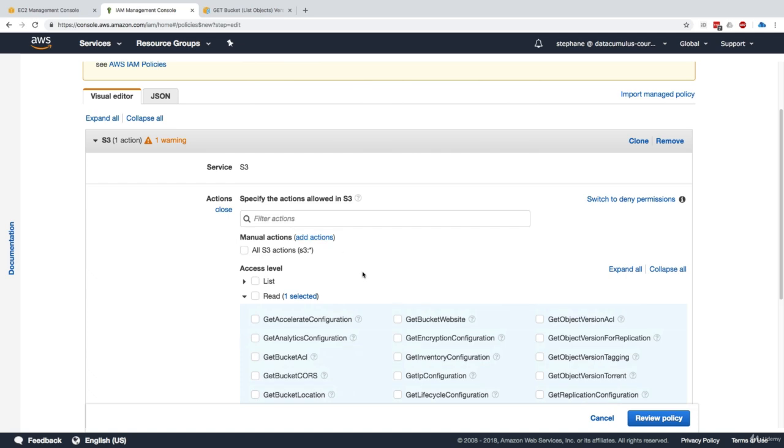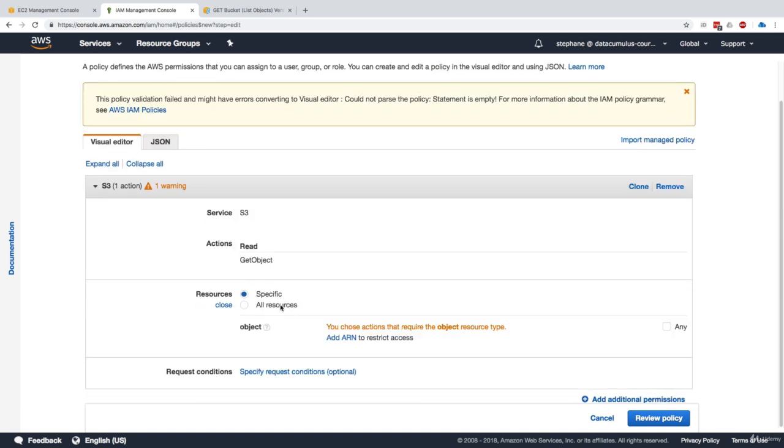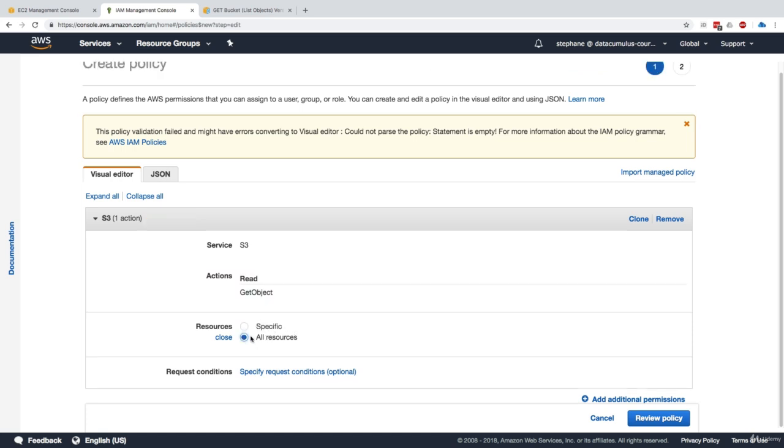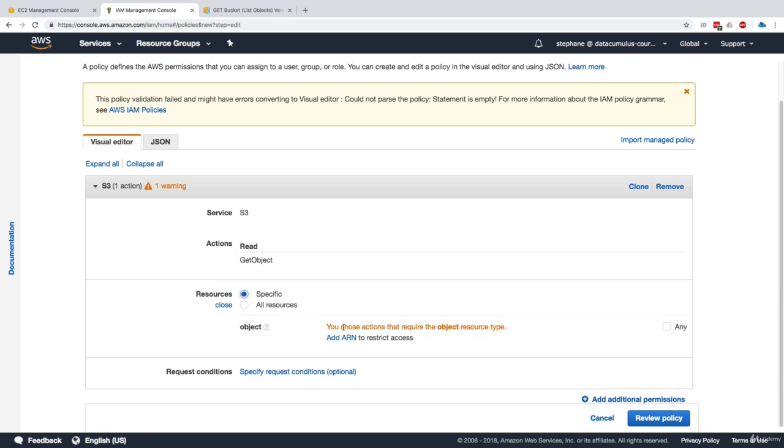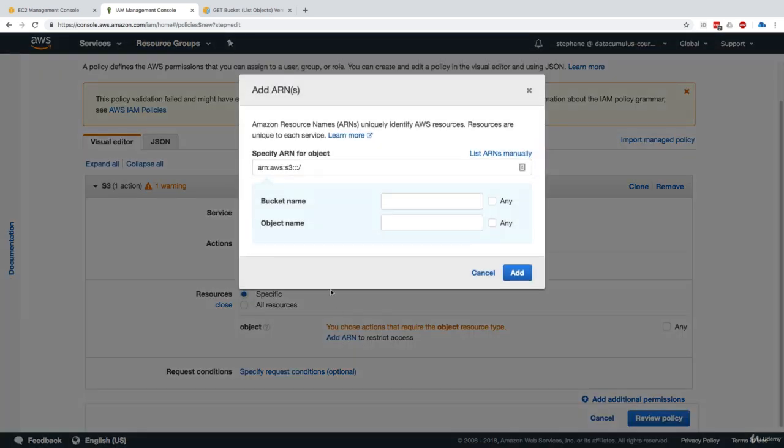And so when we scroll down, we click on resources and it says, okay, what are you allowed to read? You're allowed to read either a specific bucket or all resources. All resources is the star we've seen from before, but we can also be specific and add an ARN. So to add an ARN, we can look at the ARN we have for our buckets, and we can basically say, okay, the bucket name is the bucket of Stefan, and we can take the any here.